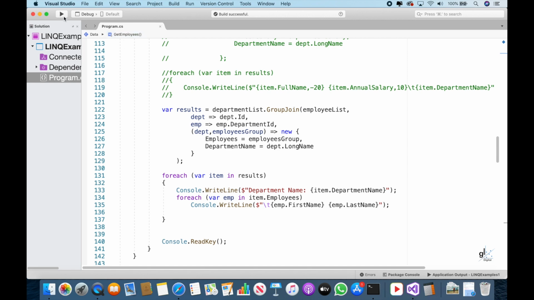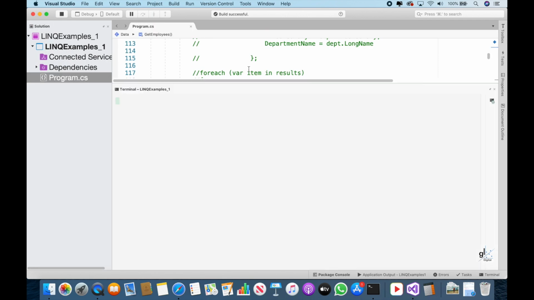Let's run the code. So you can see our technology department record is being returned along with all the other department records in the department list collection, even though its ID property doesn't match the department ID property of any employee records stored in the employee